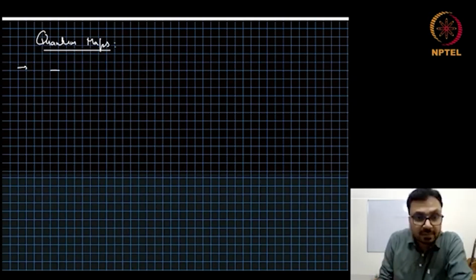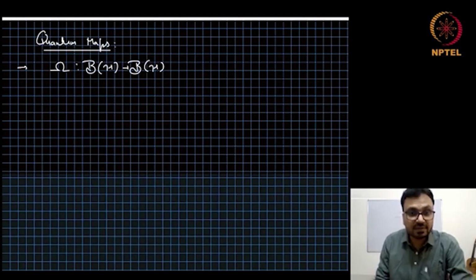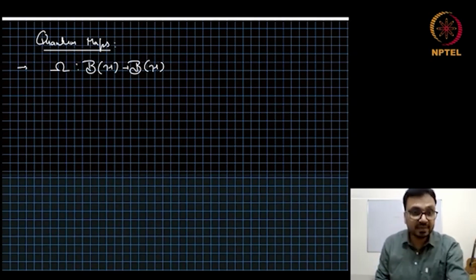Let us say we have a map omega. It's a mapping between the operators acting on Hilbert space to operators acting on Hilbert space. For simplicity, we will consider the same Hilbert space, so operators acting from one Hilbert space to itself. This can also be a map from a set of operators acting on one Hilbert space to a set of operators acting on another Hilbert space. So it's just a mapping between operators to operators. The dimensions can be decided later on, but for simplicity, unless we say it explicitly, we would be assuming the same